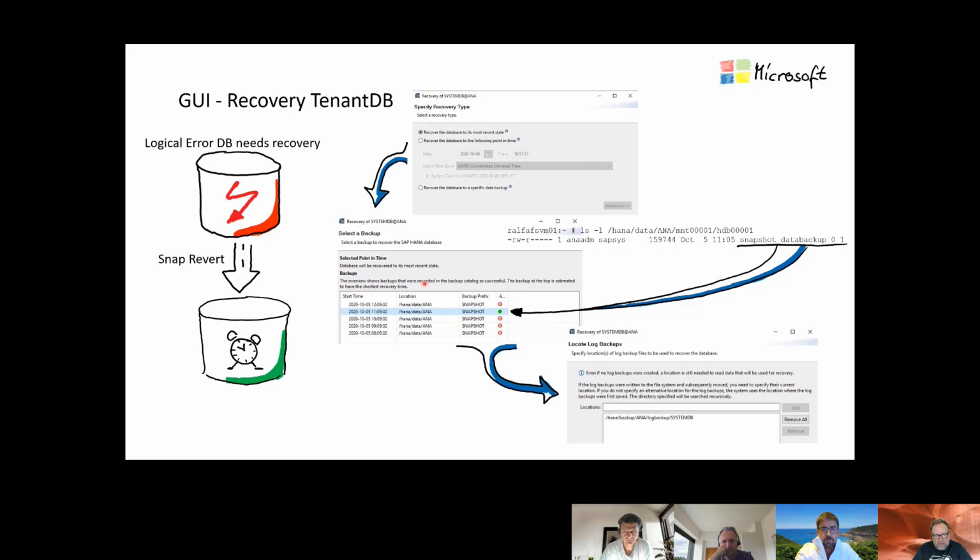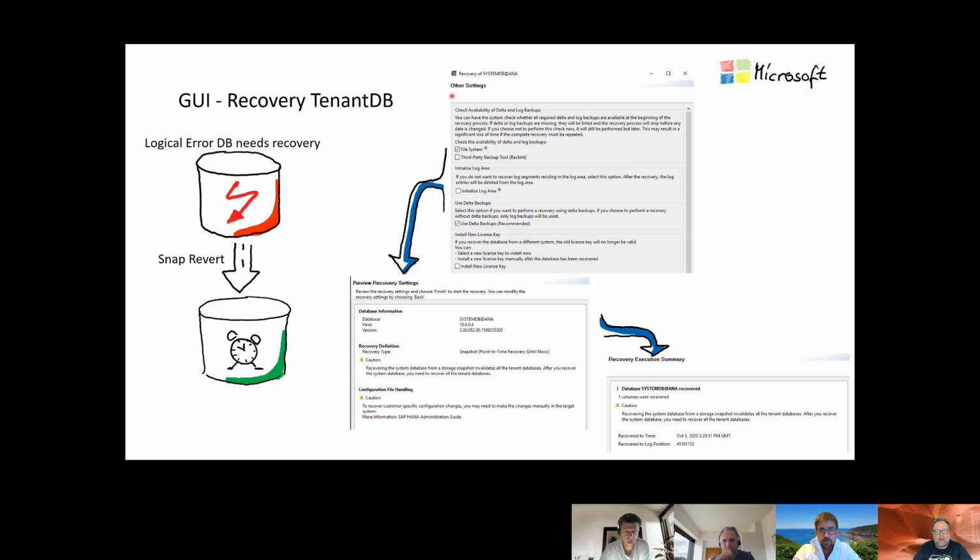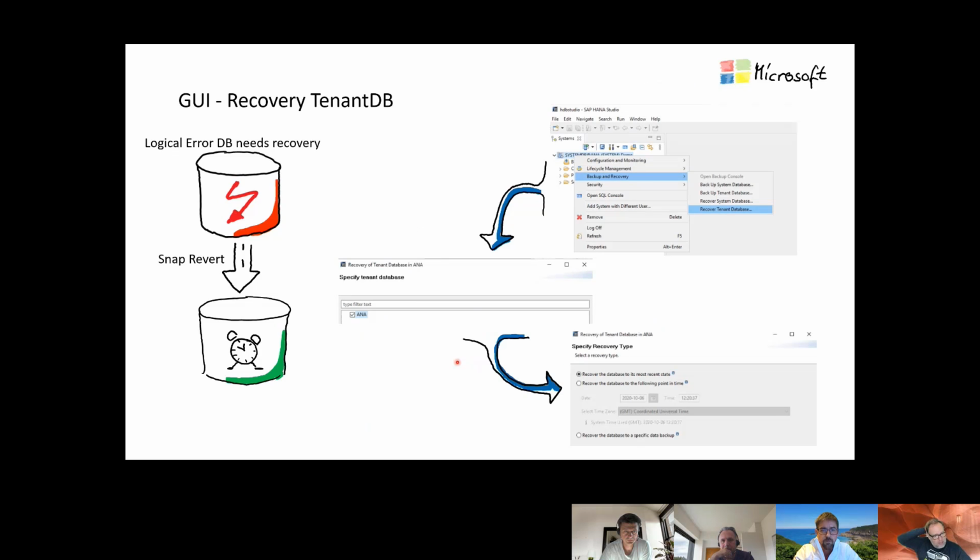Then HANA, the backup process, looks into the folder, and it sees that snapshot database backup. As mentioned, this is your recovery point. This is why you see that green bubble here in your studio. Then again specify the log backups. You will see, check the delta backups, system file system, say next, finish, and the system database is recovered. And as mentioned, in the backend it's calling the same file, the system recovery.python.